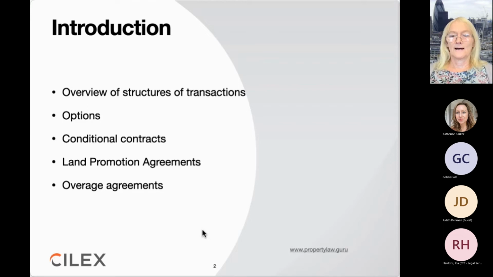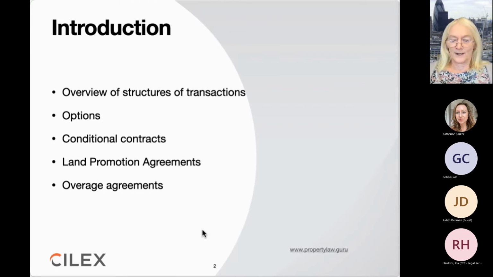And instead of the developer building it, he will then sell it on to a house builder or someone else, and then he will get paid when it's sold for all the costs and expenses that he's incurred in promoting the site, and he'll get a fee calculated as a percentage of the profit.